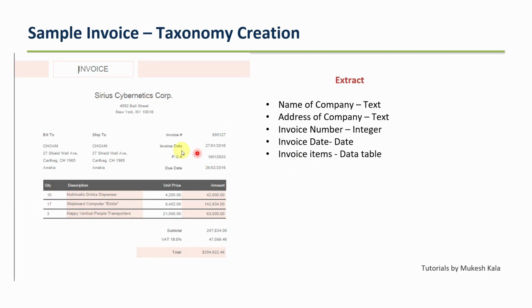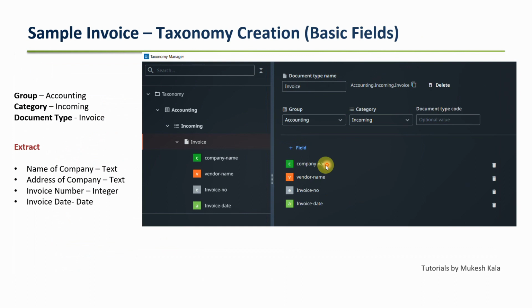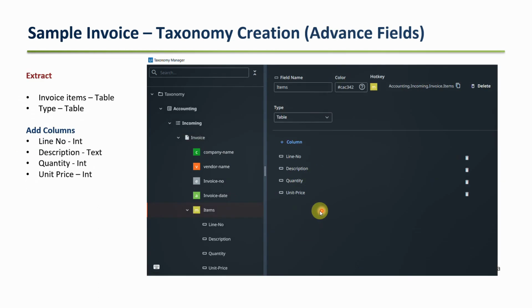So you can do this also, but more of this data table and the complex part we'll cover in the other videos. First we are trying to understand the basics. Now in the taxonomy you can have two kinds of fields. One is the basic fields and the other is the advanced fields. Basic fields, which we have already created, are like first name, last name, company name, vendor name, invoice number, invoice date. And then you also have an option to create the advanced fields,